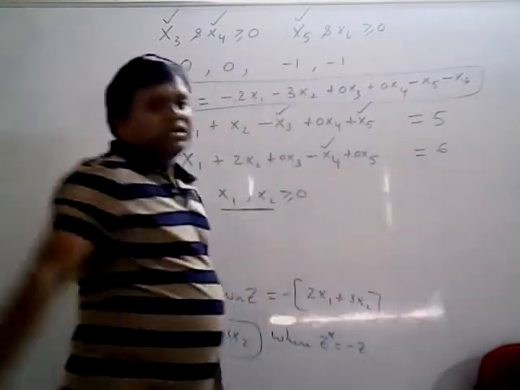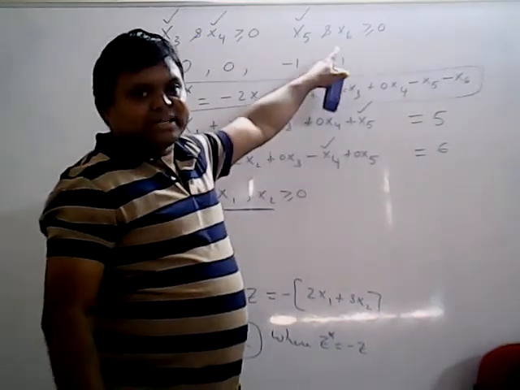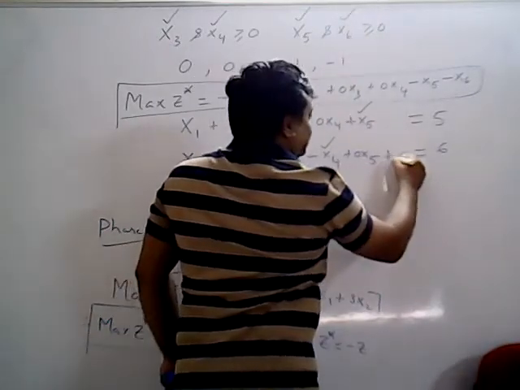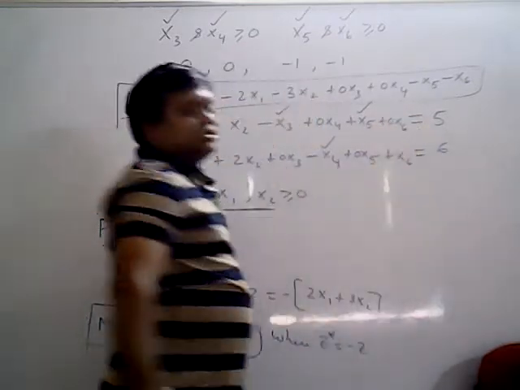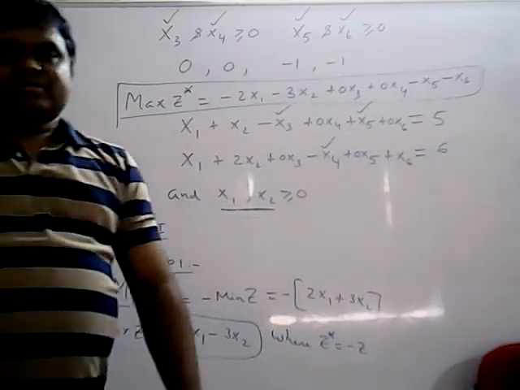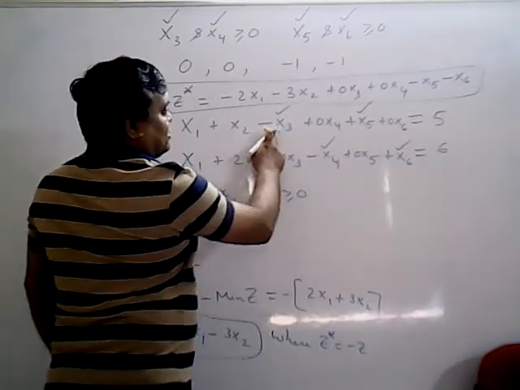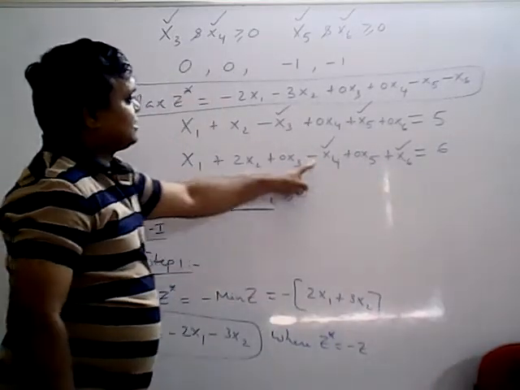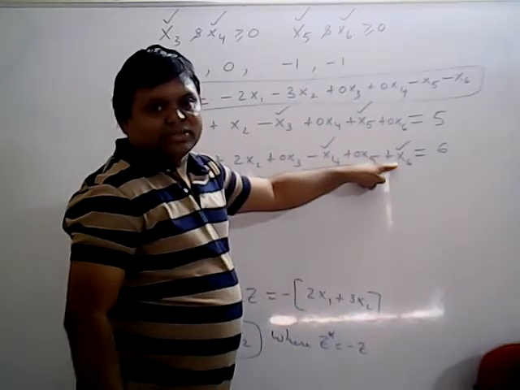For the second constraint you have also used a surplus variable, so you require the next artificial variable, x6, which is added, plus x6. Its value in the other constraint is 0x6. Now see: the surplus variable is subtracted and the artificial variable is added, so the unit matrix 1 0, 0 1 exists.